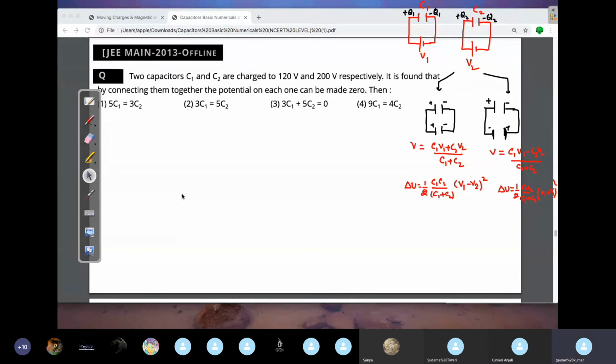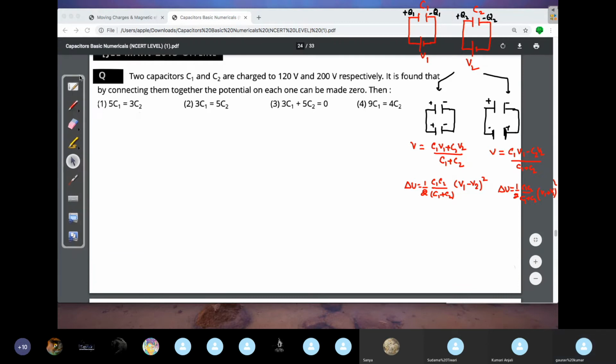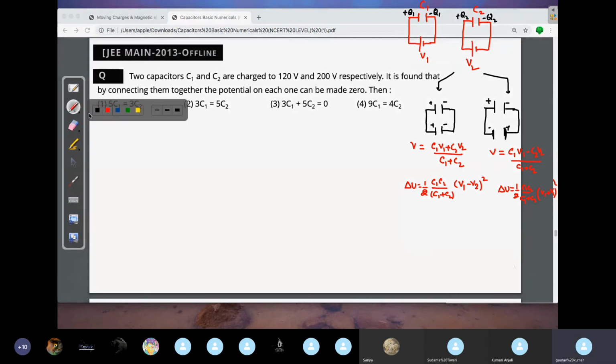Two capacitors C1 and C2 are charged to 120 volt and 200 volt respectively. It is found that by connecting them together, the potential on each one can be made 0. Then...